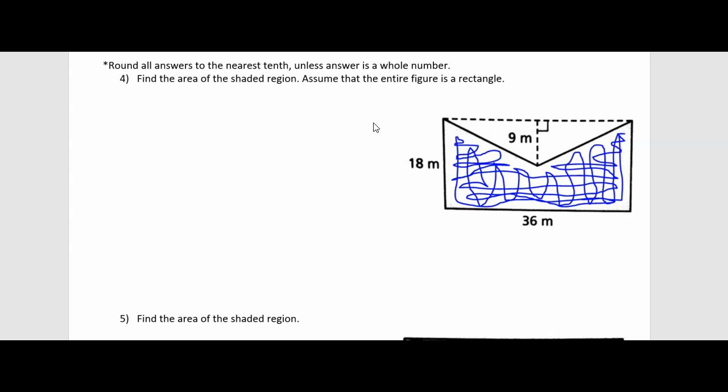So there were a couple different ways you could do this. You could try to just split the blue area up into two trapezoids and figure it out that way. That does get a bit more tricky with the algebra because there's a dimension that you don't know and you have to let it be represented by x, and then your x's simplify out at the end. So we're not even going to go there. The easiest way is just to find the area of the entire figure and subtract out the area of that white triangle. So I'm going to say area of the whole